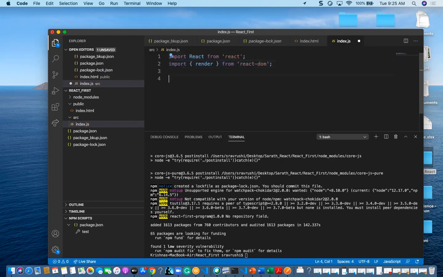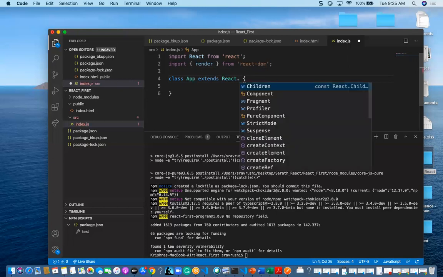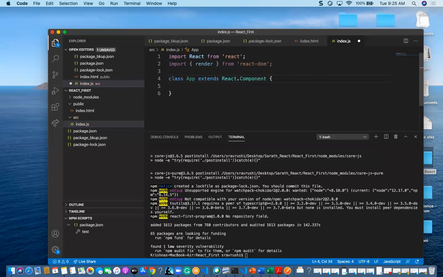Now how to create a component: class App extends. This is just a class only, but this is not a component. To give the features of the component to this class, I want to give extends React.Component.